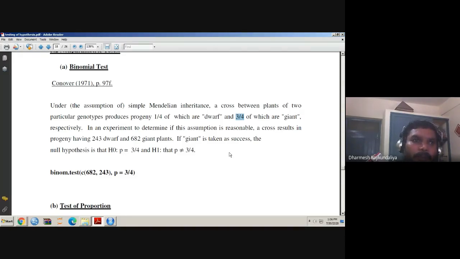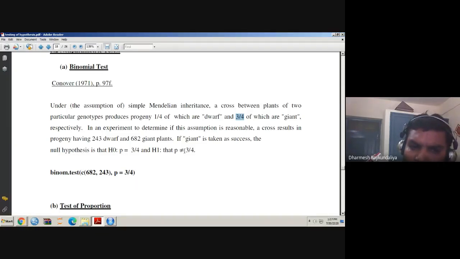3/4 is 0.75, versus it is not. So now which test is applicable? Because you have only two outcomes and the number of trials is more than one, we have to apply the binomial distribution, and to test this proportion P equal to 3/4, the test is the binomial test. In R, the beauty of the language is that the command you use is more or less similar to the name of the test. So here the test is the binomial test, and the command name is binom.test.